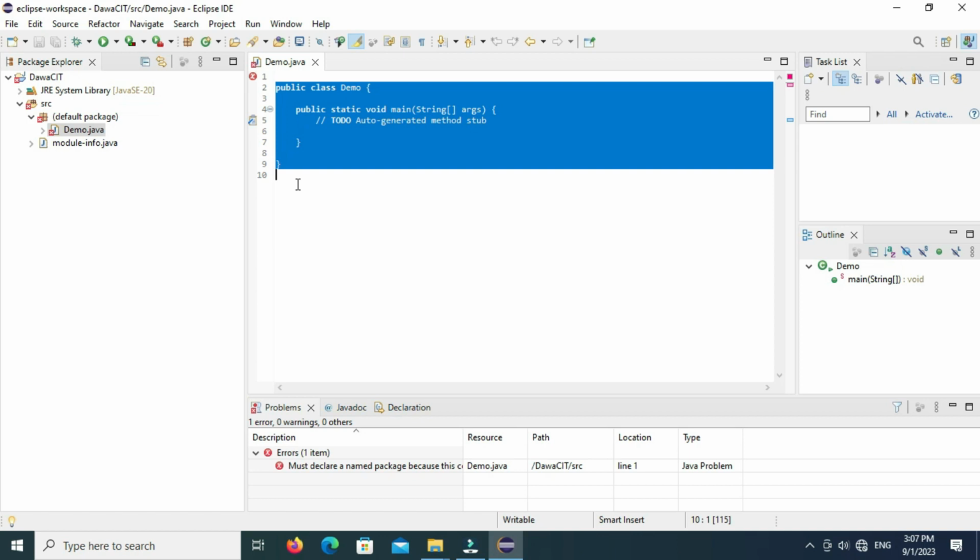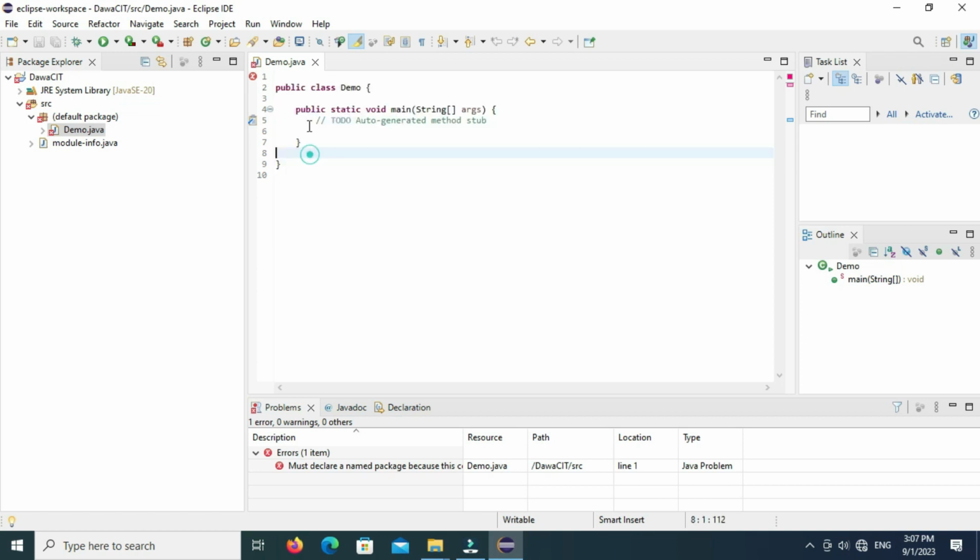So now let us understand each and everything of this code. What is public, what is static, what is class, everything. Okay, so first of all we will start from top. So first of all, in top, class. You know, all the code in Java is written inside the class, meaning if we want to create any program in Java, then first of all we will have to create a class, and all that code will be inside that class. You know, without class you cannot execute Java program. So that's why it is necessary to write here class first.